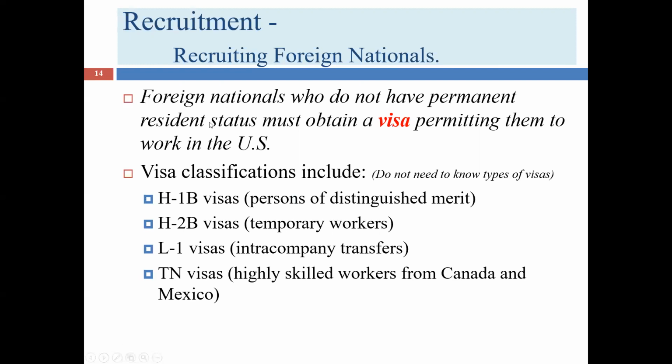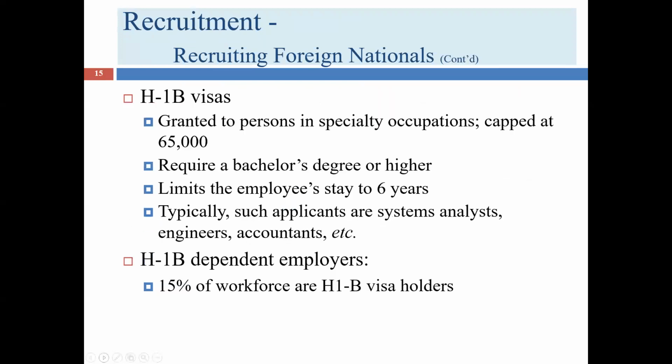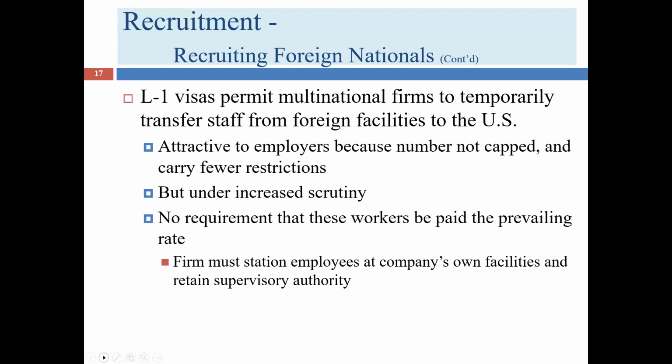Foreign nationals who do not have permanent resident status in the United States would need a visa to permit them to work in the United States. And we have lots of different categories of visas that can give people that eligibility. Now, for this course, you don't need to know any of these visas. I'm just not going to dive into that subject matter. If you are currently working in an industry where visas are pretty routinely used, this would provide you a good summary of how they work. But for this class, I'm not going to ask you to know the difference between H-1B and all the other visas. So we're just going to slide through this slide. We're going to ignore this one, this one and this one.